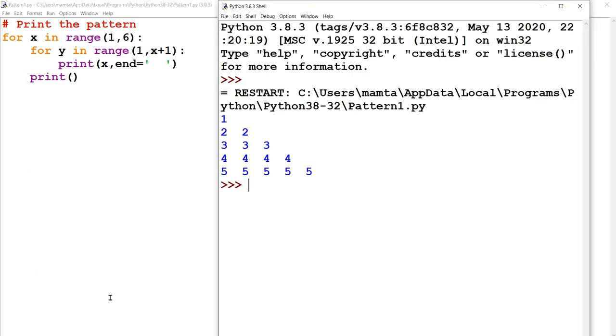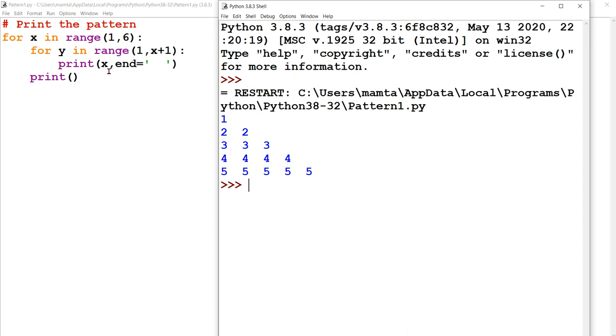So now let's see the outcome. Now you can compare the output and coding. Both are in front of you, so you can compare how it worked. Now if in the place of x we are placing y, what will happen?